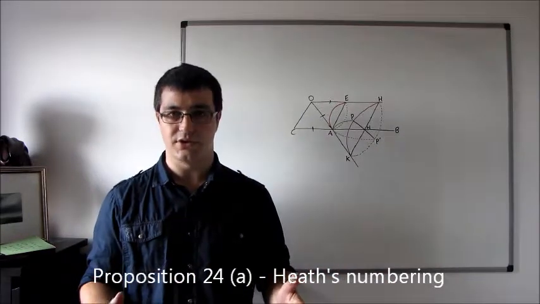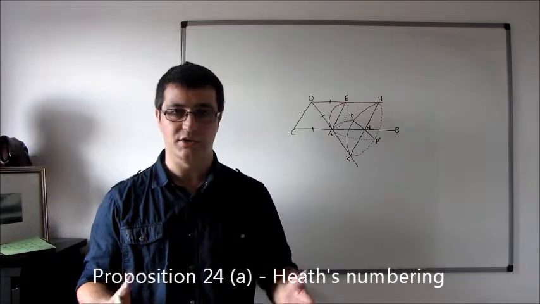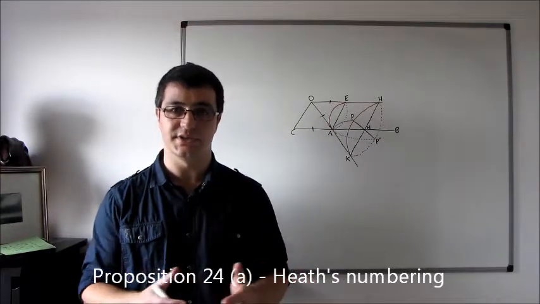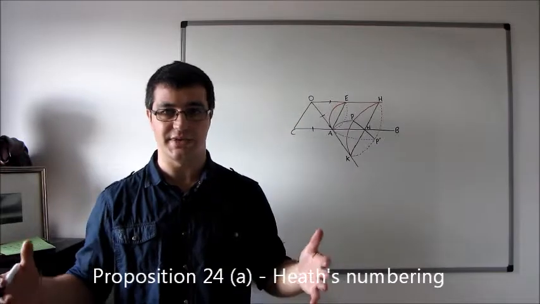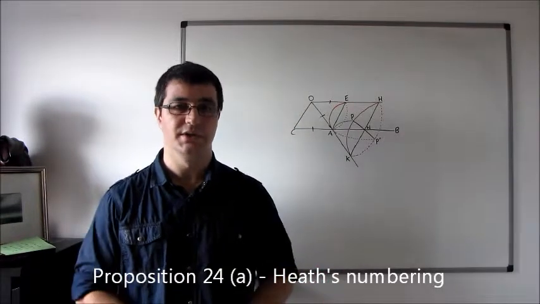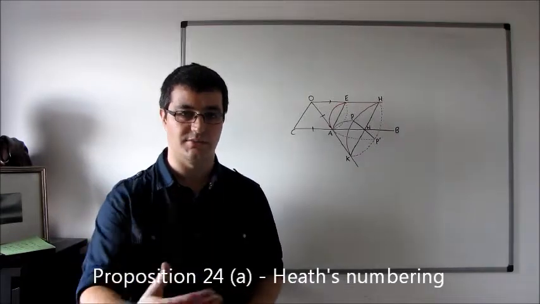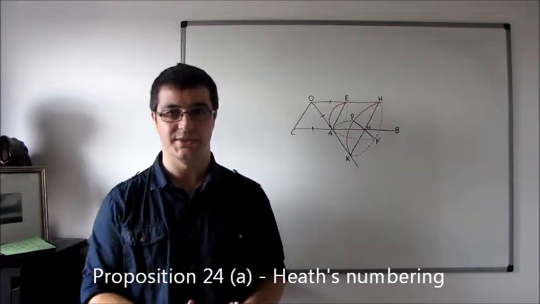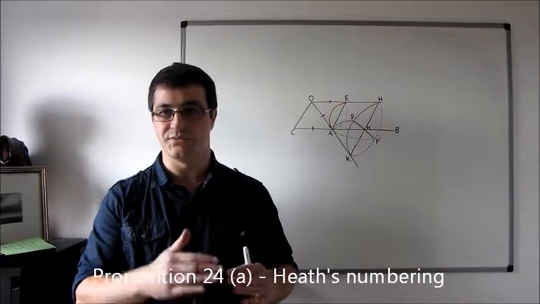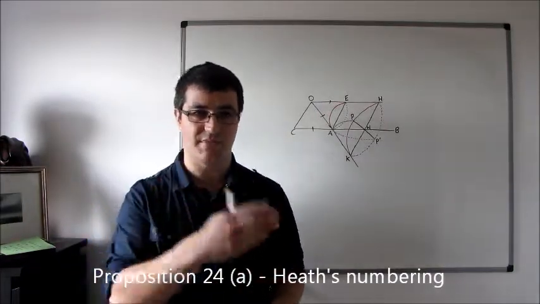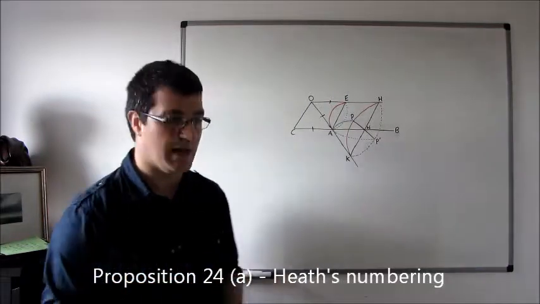So first off, we're going to look at when the angle between the diameter and its ordinates is 90 degrees. In other words, the diameter in that case is actually going to be the axis of the parabola. And then that gives us a bit of a foothold to get onto the more general case where the diameter doesn't make a 90 degree angle with its ordinates. So just thinking back to the first video that I made,